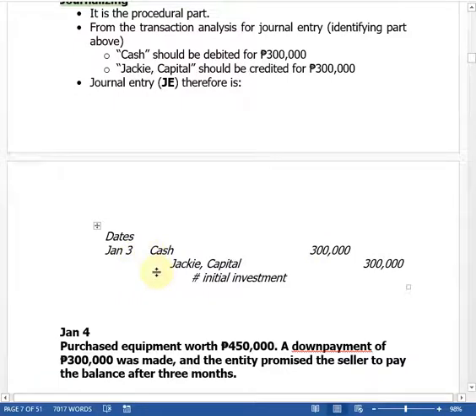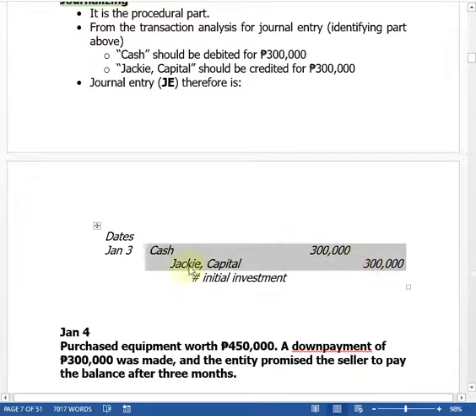And we call those type of entries wherein we have more than one debit or more than one credit or both a compound journal entry, and we can do that because the journal entry to make depends entirely on what happened in that particular transaction. So if the transaction affects more than two accounts, then we would expect to have either more than one debit or more than one credit, or both more than one debits and credits. So again, that is the way to make a journal entry.